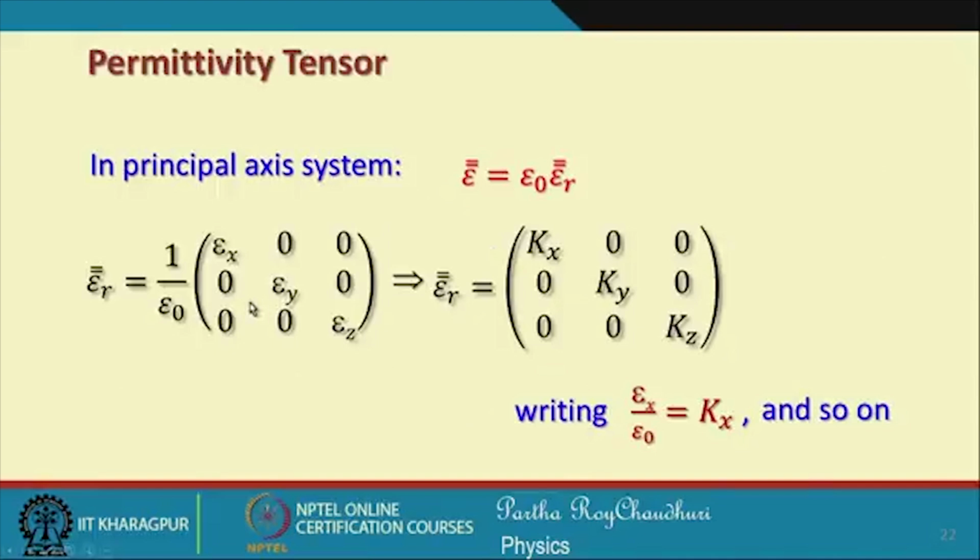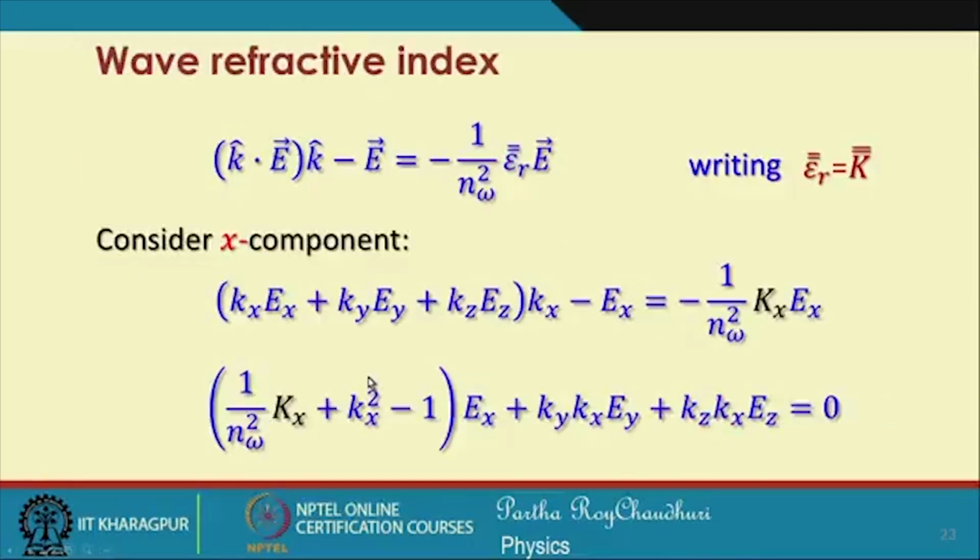Okay. So, now in the principal axis system, epsilon r is equal to 1 by epsilon naught times epsilon x, epsilon y, epsilon z. So, this relative permittivity takes the form of this. If I replace this epsilon x by epsilon naught times a quantity, the dielectric constant Kx, Ky and Kz, then the epsilon r permittivity tensor for the principal axis system can be written in this form, and then we can rewrite this equation